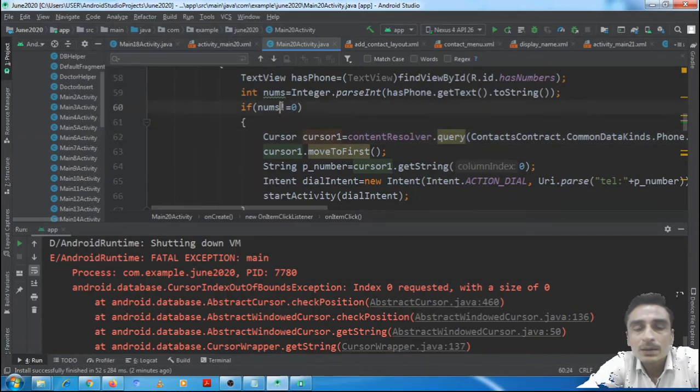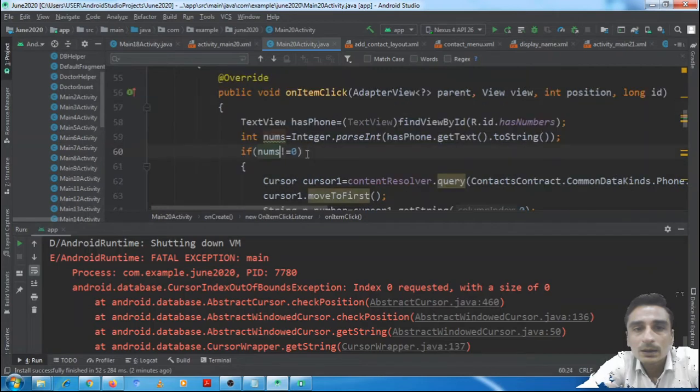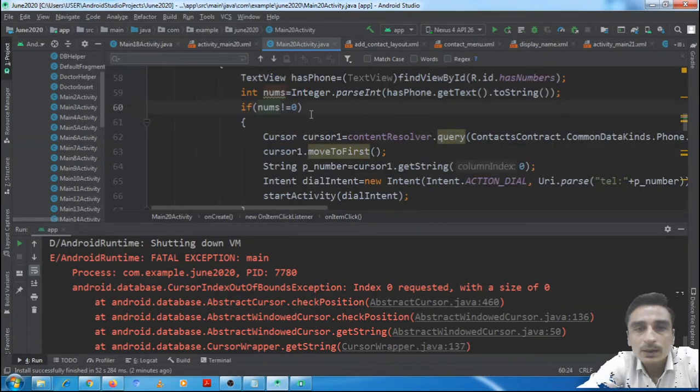If numbers is not equal to 0, but the numbers of that column was 0 on which I have clicked, so this code should not be executed.